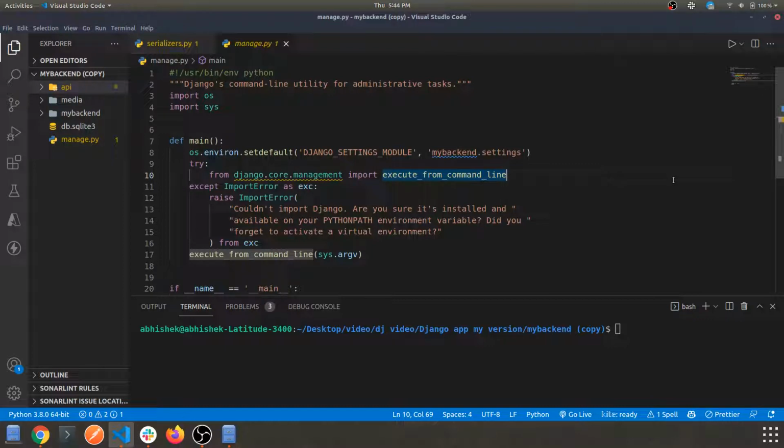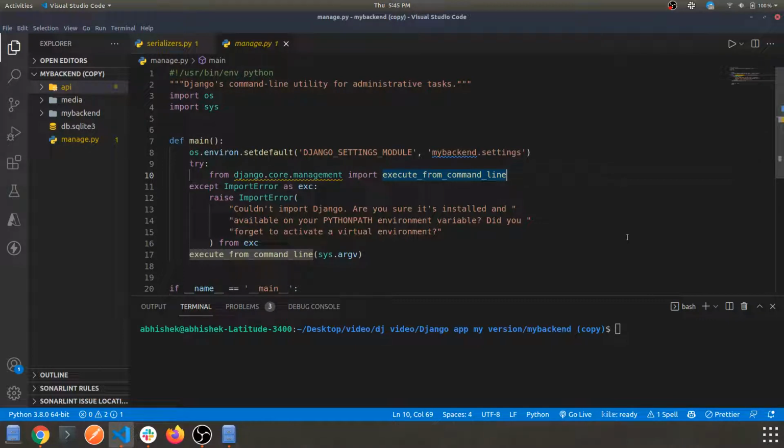Let's make sure that you are synced with the code or with the video which I've shown in the previous one. All the changes regarding the products API route, serializer, and models have been implemented properly, as this is going to be an update to that. So make sure you are synced, and the code will be available in the description. Do check that out if you haven't.